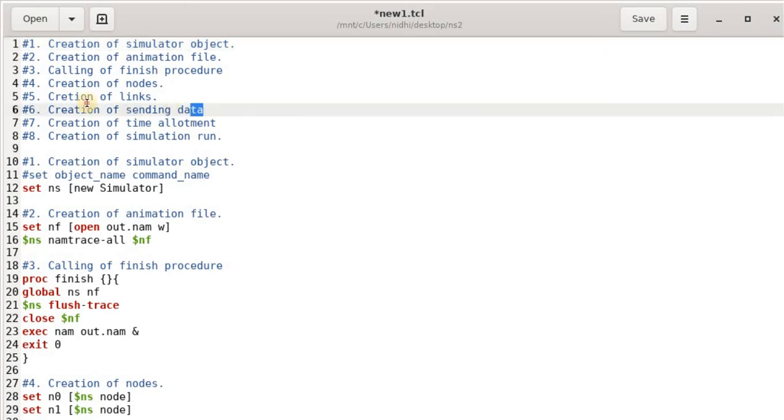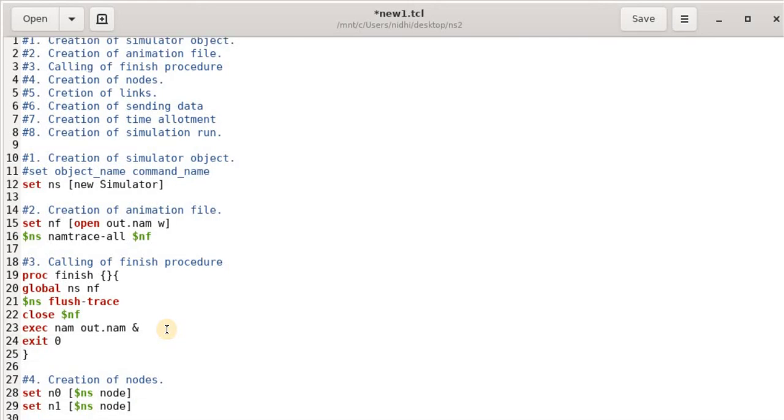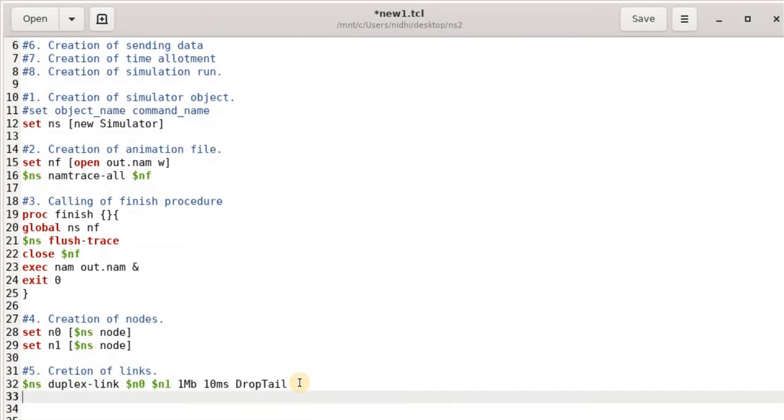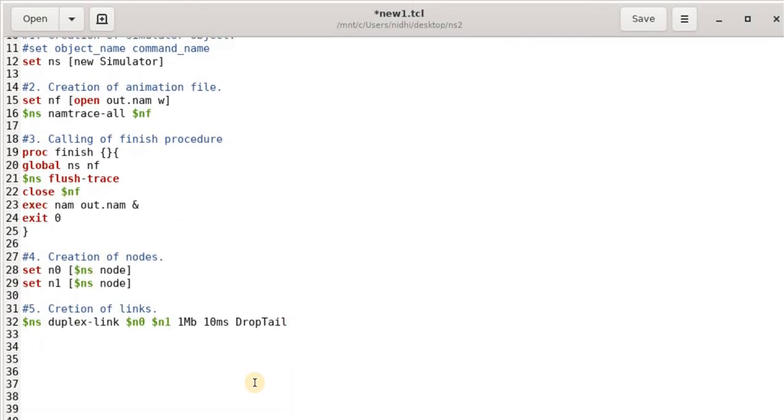Now the creation of sending data. My link is created, and now I have to create the application that is used to generate the data from sender to the receiver. So for sending the data, there are two entities involved, sender and the receiver, and in NS2 that will act as an agent.